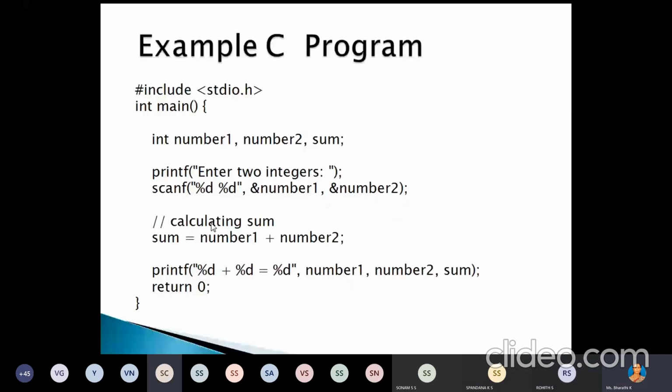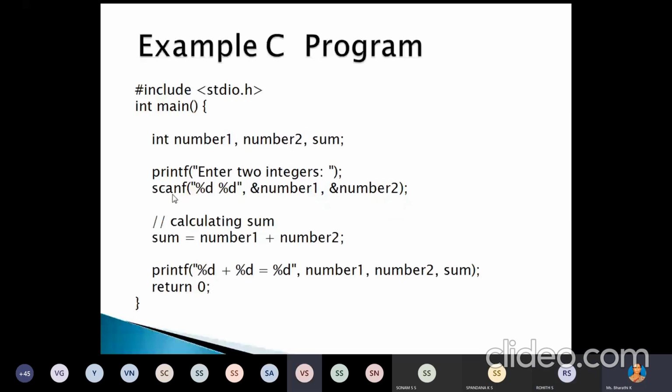What is the format specifier for float? %f. What is the format specifier for double? %lf. Yes, that is %lf.